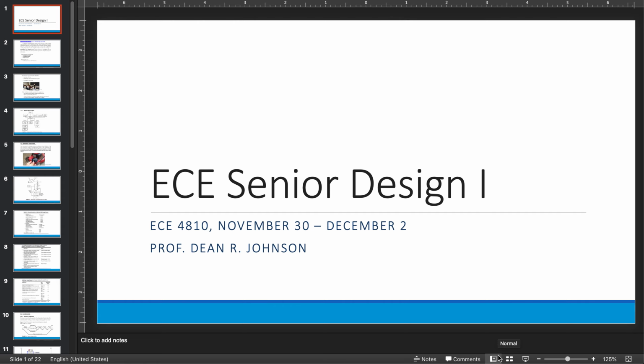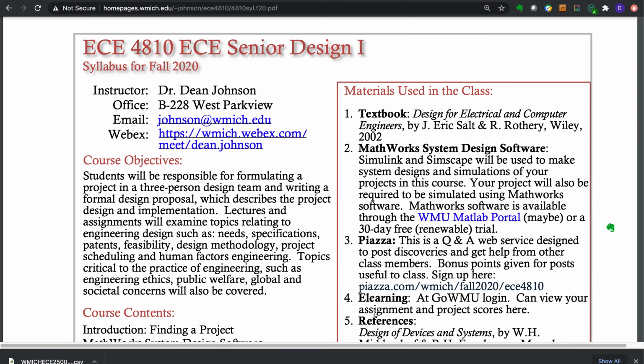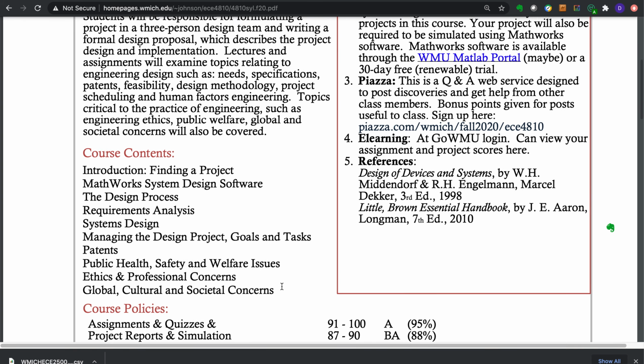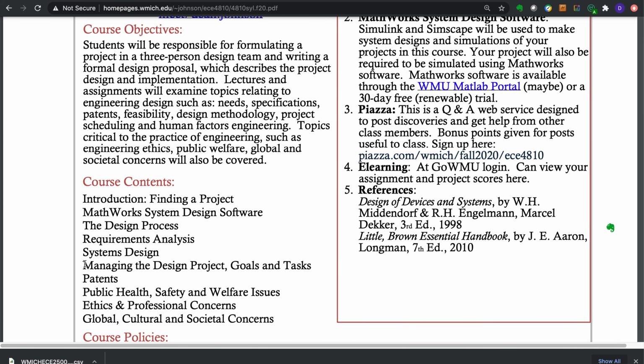Look at managing the design, setting up a schedule, and estimating the costs. So let's look at our syllabus quickly and see where we're at. In terms of the course contents, we have covered a lot of this material here. So we have arrived at managing the design, project goals, and tasks. We have talked about patents a little bit, and then these three subjects we'll get in the next remaining portion